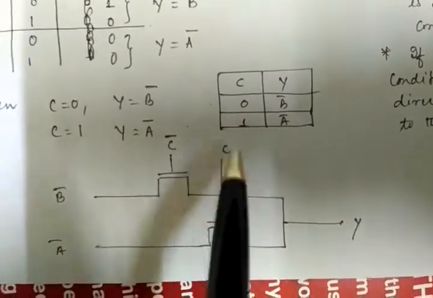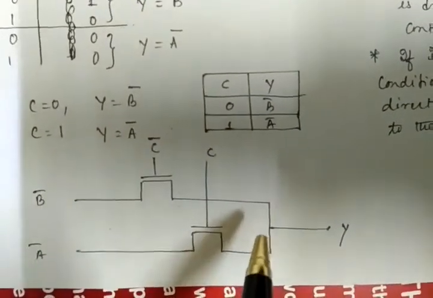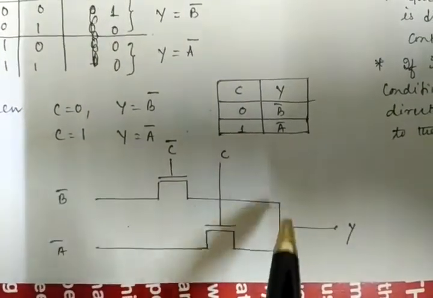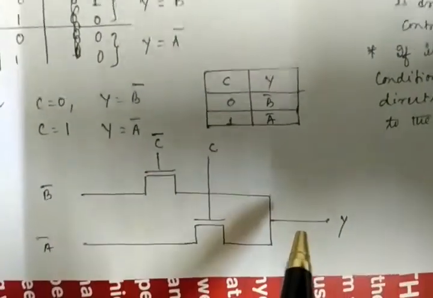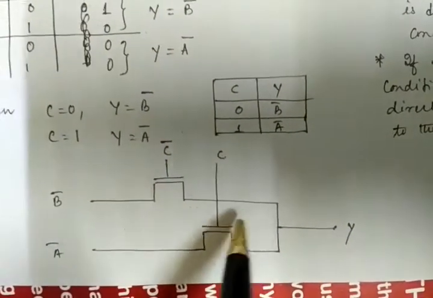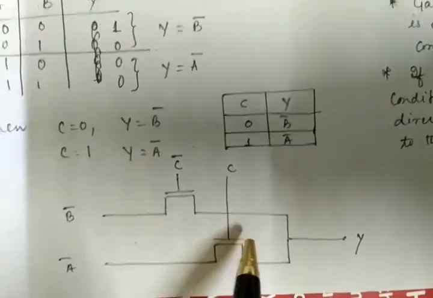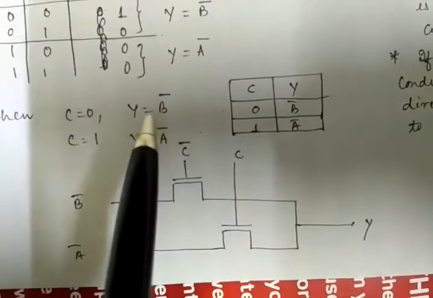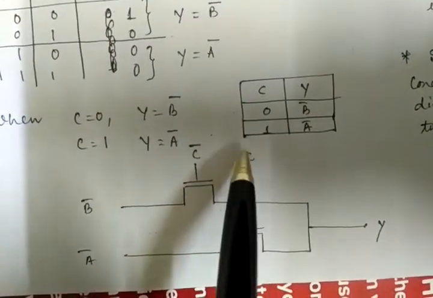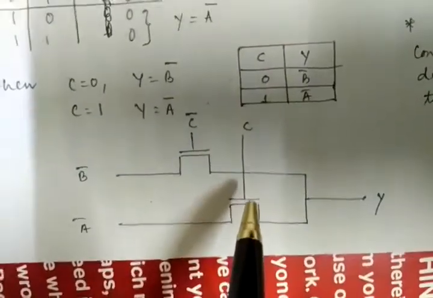So the controlling parameter will be just like that. If it is C, then it will be your C bar. Please check that when C equal to 0, Y equal to B bar. So you have to design the control signal accordingly. C equal to 0 means you have written this kind of name, C and C bar, but you have to pass B bar and A bar, right? So whenever C equal to 0, Y equal to B bar.